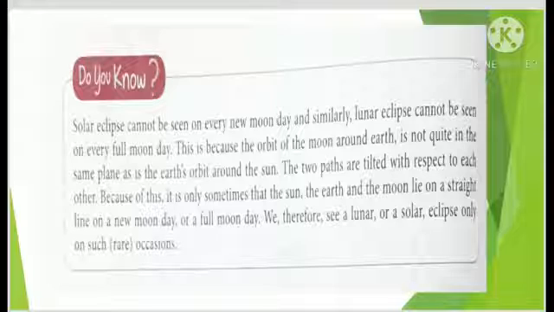Let me conclude this topic in a way that earth and moon, अर्थ सन के चारों तरफ चक्कर लगाती है, मून अर्थ के चारों तरफ चक्कर लगाता है, लेकिन जो इनका ऑर्बिट होता है वो थोड़ा टिल्टेड होता है। ऑर्बिट टिल्टेड होने की वजह से हर बार ये उसी दिन एक लाइन में नहीं आते, बल्कि ये रेयर ओकेशन होता है कि एक न्यू मून डे या फुल मून डे को तीनों एक लाइन में हो। जब भी एक लाइन में होते हैं तीनों, न्यू मून डे को तीनों एक लाइन में हुए तो सोलर इक्लिप्स, फुल मून डे को तीनों एक लाइन में हुए तो लूनर इक्लिप्स। इस तरह से डियर स्टूडेंट, मुझे लगता है आपको इक्लिप्सेस क्यों बनते हैं, कैसे बनते हैं, कब बनते हैं समझ आ गया होगा।